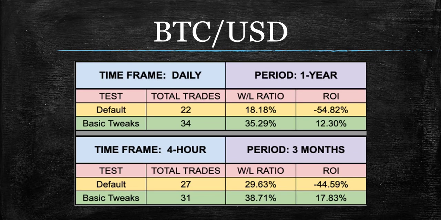Over to Bitcoin. Bitcoin just overall has not done great. Again, you're going to see the 4-hour outperform the daily. But even with the previous run-up we have had in Bitcoin, we have not seen great results lately, which is also strange because I know most crypto traders right now are absolutely destroying it and have been for the past few months. But maybe we've just hit a rough patch with this.